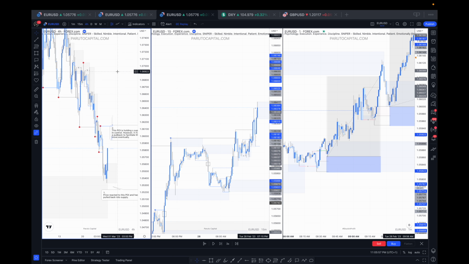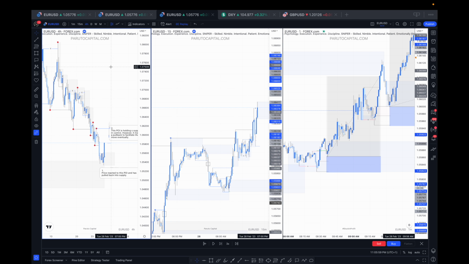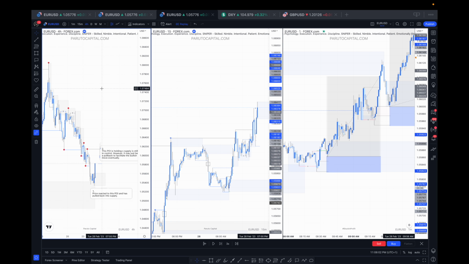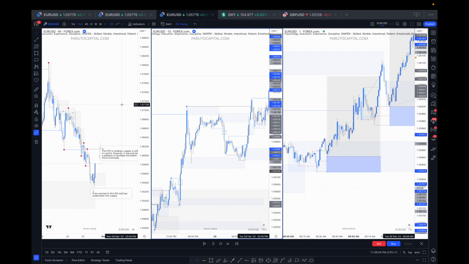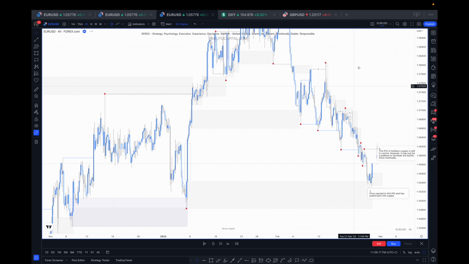Now, this is one entry you need to learn how to really spot in the market, and then utilize it in your trading. And I tell you, it's just going to change a lot for you. So on my chart here, I have the 4 hour, the 15 minutes, and then the 1 minute. But then we're just going to use one of those charts to sort of buttress what I want to show